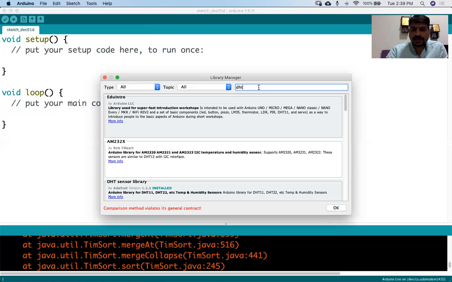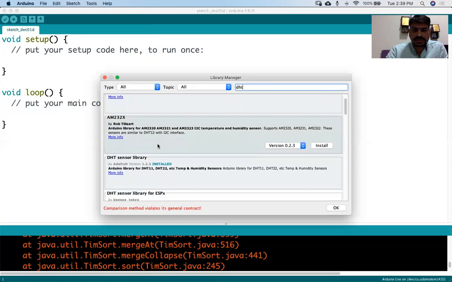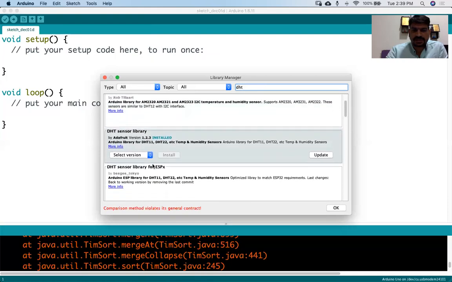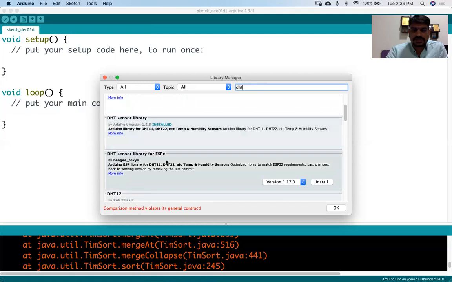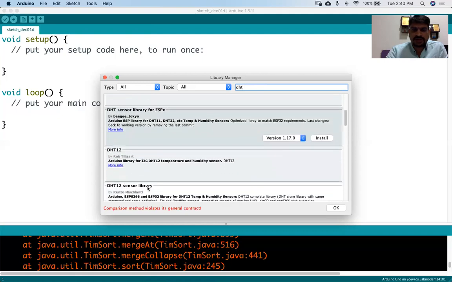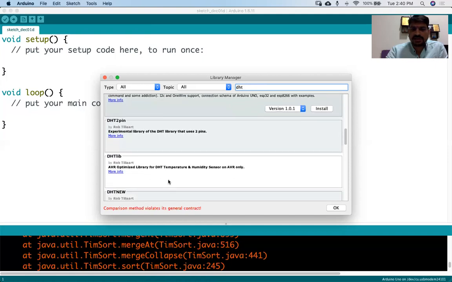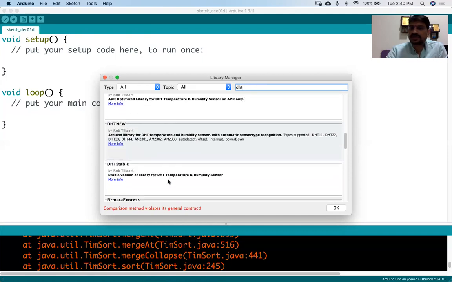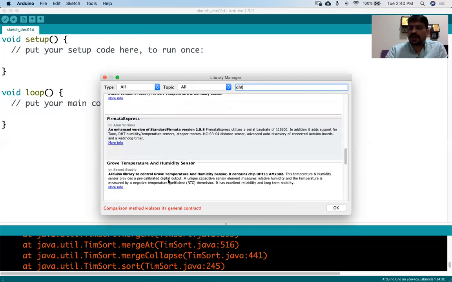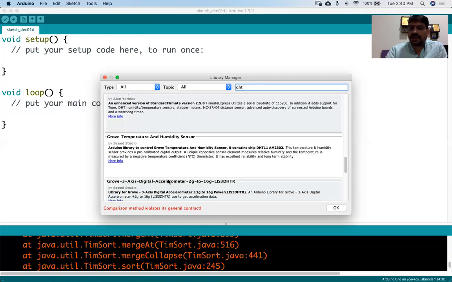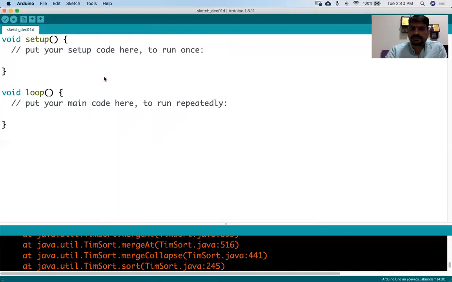It gives me different options: this is the DHT sensor library, this is the DHT sensor for ESPx, DHT12, and so on. So based on my hardware, I can choose which particular library I have to install. That's why libraries are very essential.